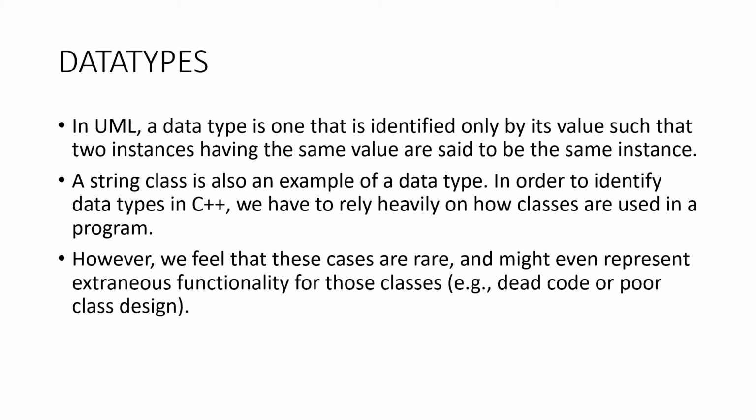Also, we can give our definition of a C++ data type based on the distinction of variations. A class that implements a public default constructor, a copy constructor, and an assignment operator is a data type. In case a string class is also implemented with a copy constructor and assignment, it allows a POD, which means plain old data type.